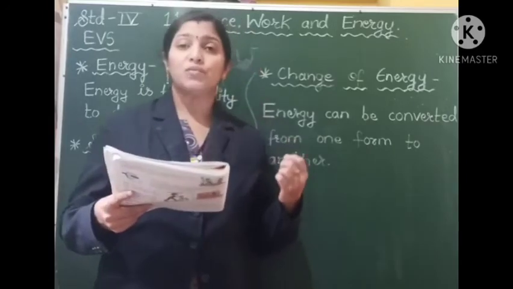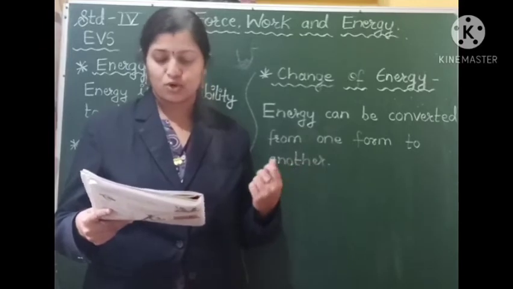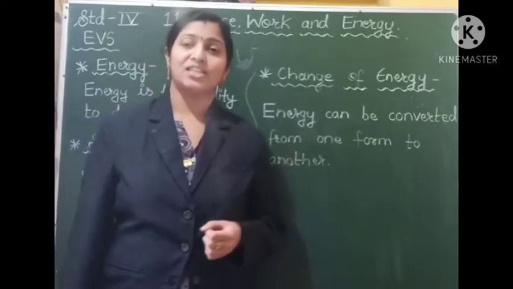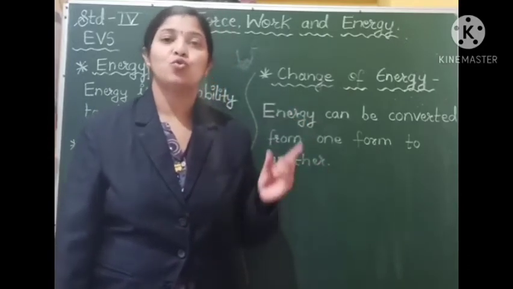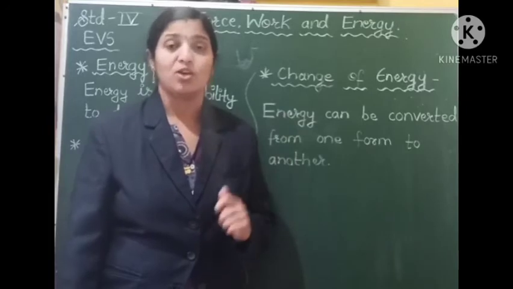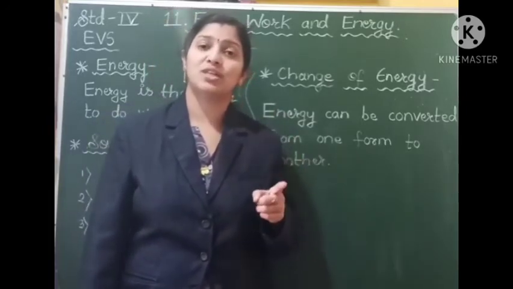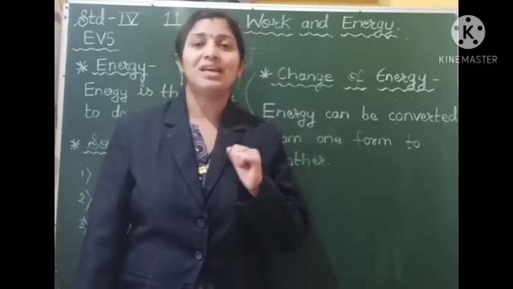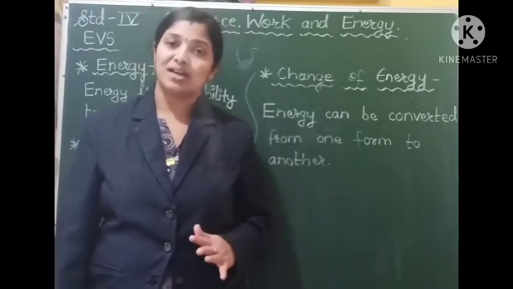Also, when we switch on an electric bulb, what happens? It lights up because the electric energy changes into light energy, right? So when you move into a dark room, what do you do? You first light the bulb there. So what happens when you light the bulb? The electric energy gets converted into light energy and then the bulb will light. So energy can be converted from one form to another.